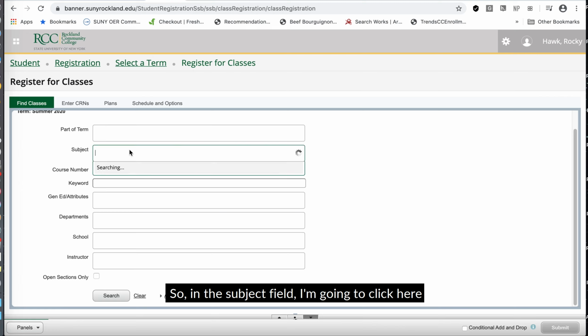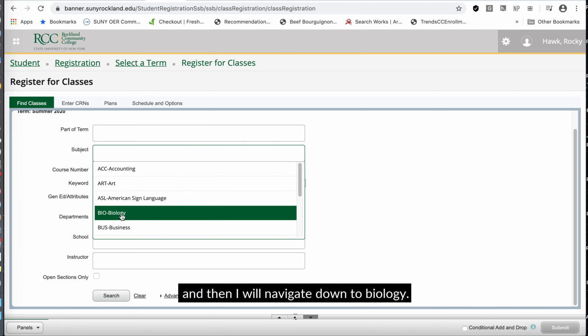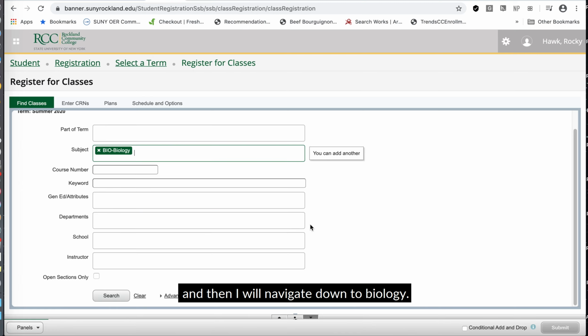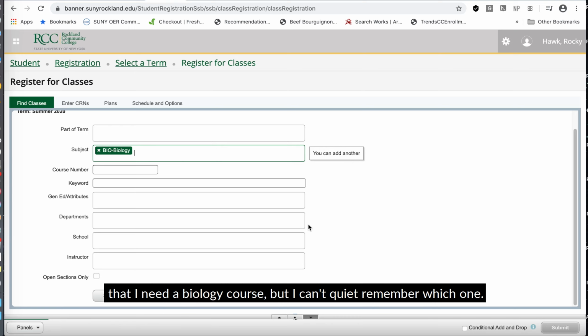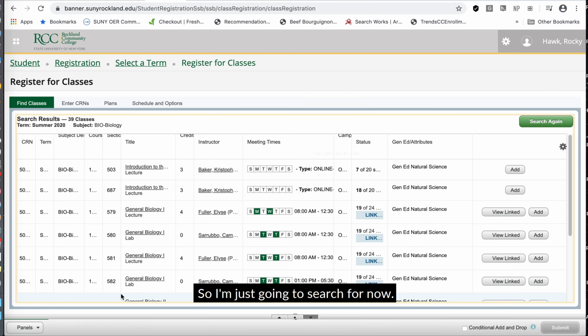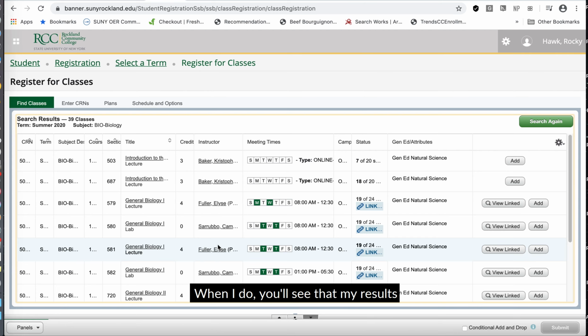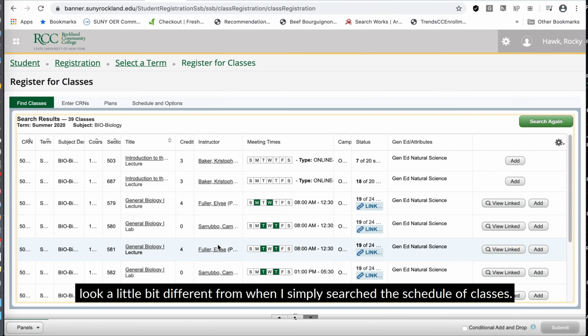So in the subject field, I'm going to click here, and then I will navigate down to biology. Okay. Now, I know that I need a biology course, but I can't quite remember which one, so I'm just going to search for now. When I do, you'll see that my results look a little bit different from when I simply search the schedule